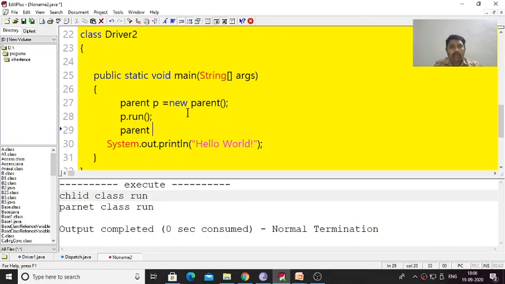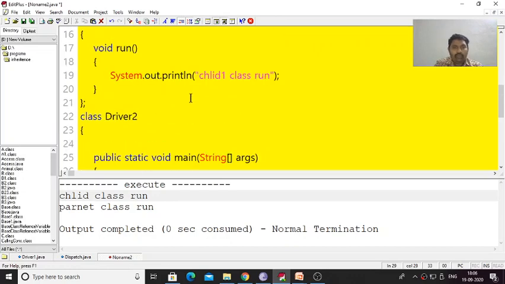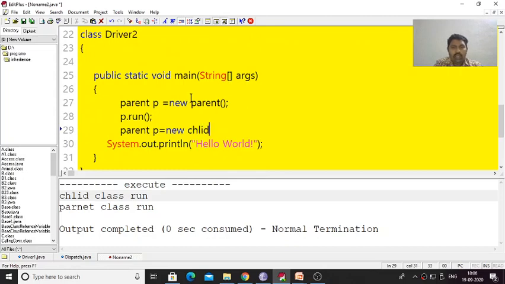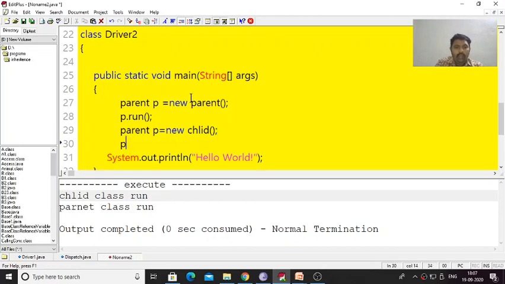Now I am doing p is equal to new Child(), and again calling p.run(). Now what is going to happen? The parent reference p is holding the object of the child class.